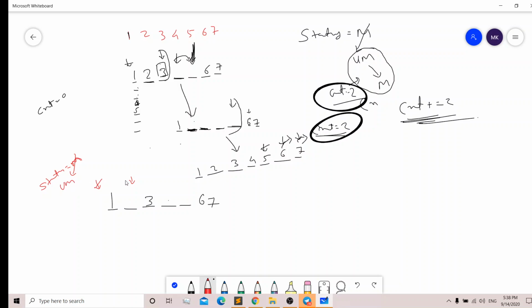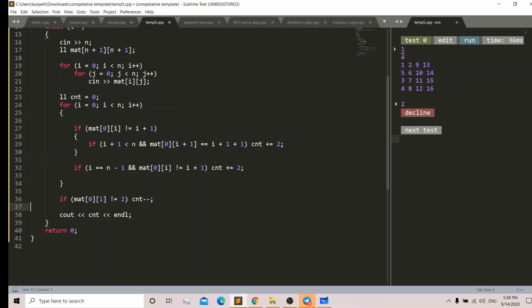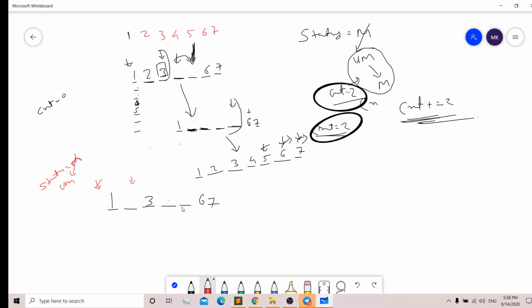Now we see whether our upcoming element is a match or not. Now here, see, it is a match, right? So what we are doing here is just incrementing the count by 2. In this code also, if we encounter the second element as a mismatch, then we check the next element. If it's a match, then we just increment by 2. But we want the minimum number of operations, right?